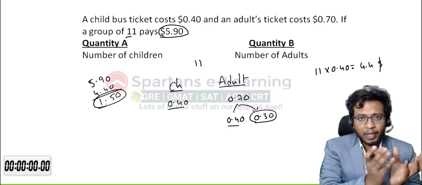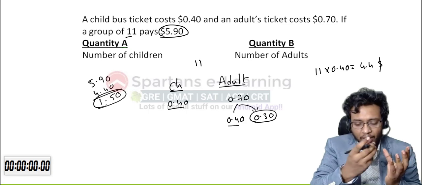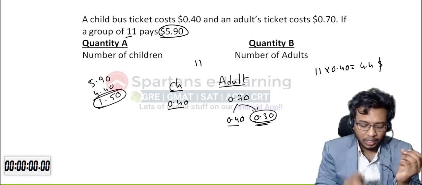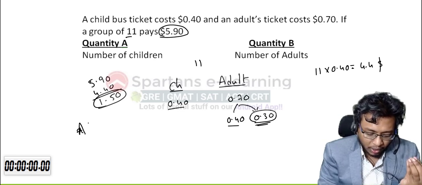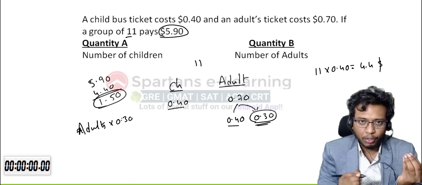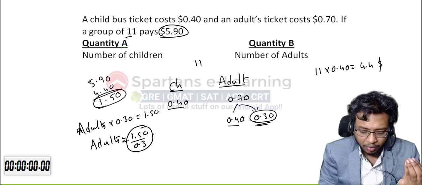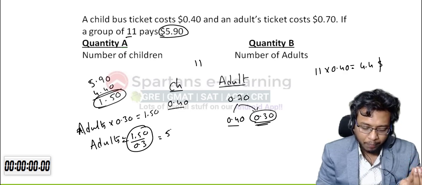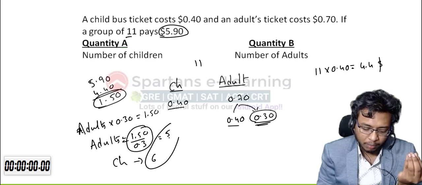Because there are X persons, and from every person we are deducting how much? $0.30 we are deducting, right? So there are X persons, that X persons is adults, okay? So there are X adults. From every adult we are deducting 0.30. Total deduction is how much? 1.50. So now what will be your adults? Adults will be 1.50 by 0.3. This is the last step we use our calculator, right? So this will be 5. So adults will be 5 and your children will be 6. Why? Because total sum should be 11.